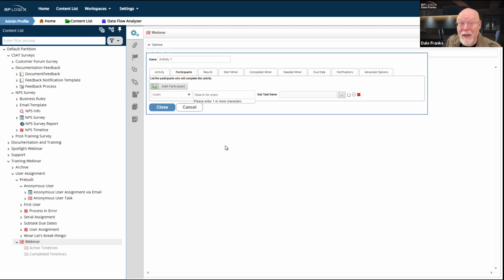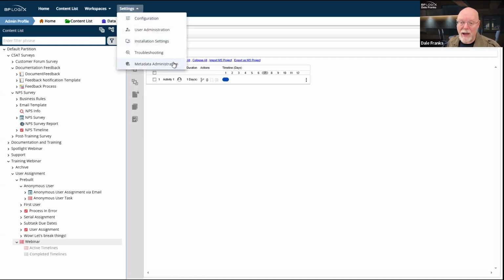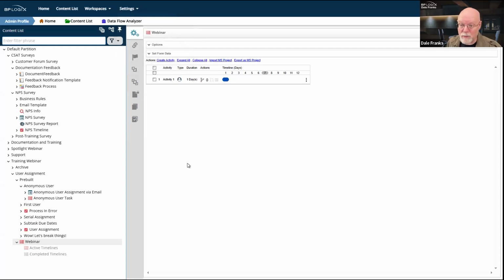Also, groups, not universally applicable, can't be used for everything. So if I am in a situation where I do not want my developers to have access to anything in IT admin, including user administration, which gives them access to the groups, then groups probably isn't a great choice for me unless I, as the administrator, don't mind going in and making those group assignment changes as necessary. If you don't mind that, then fine. You can keep assigning groups. You just have to know and be told at the appropriate time when those group assignments need to be changed.